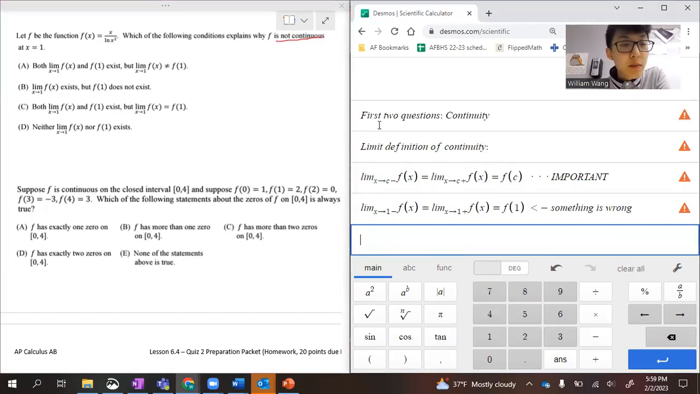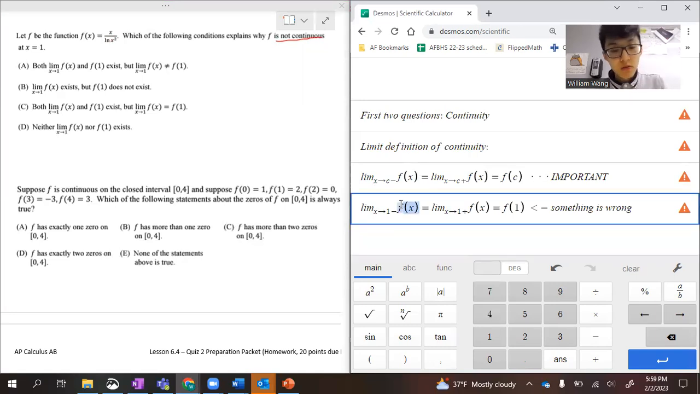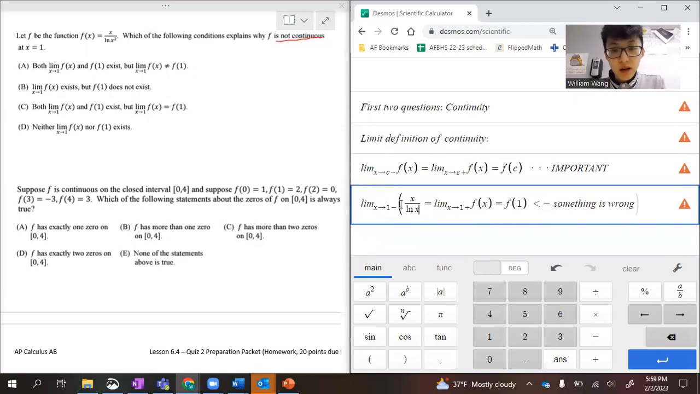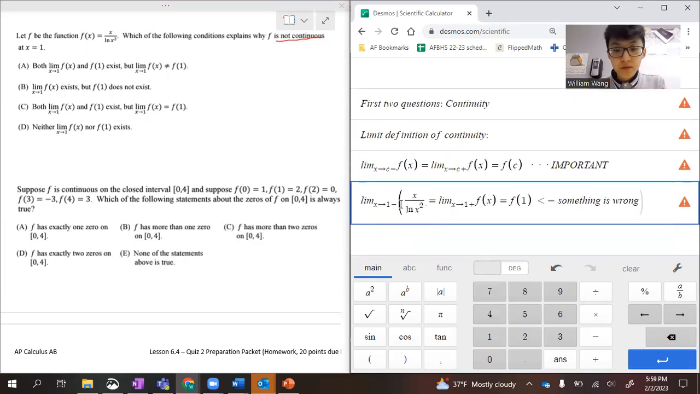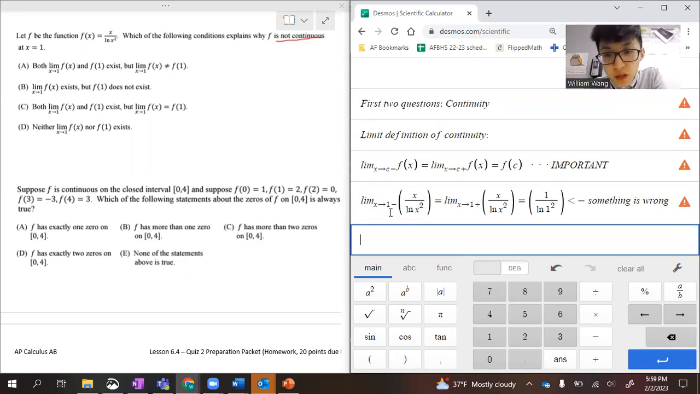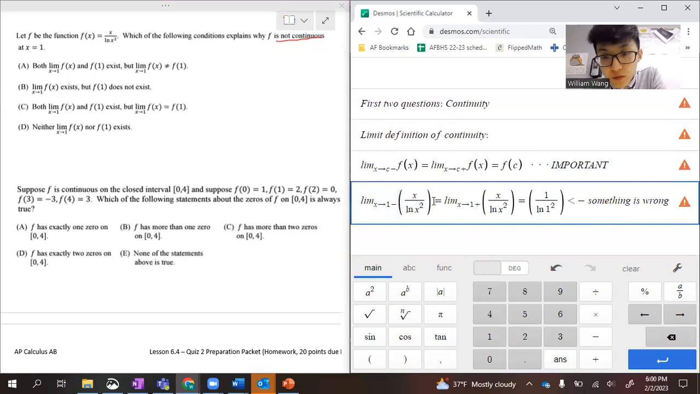Well, my function is x divided by natural log of x squared. So let me just write that: x divided by natural log of x squared. F of 1, that's natural log of 1 squared. All right, so let's see what's off. Well, as I approach from the left, right? As I approach from the left,